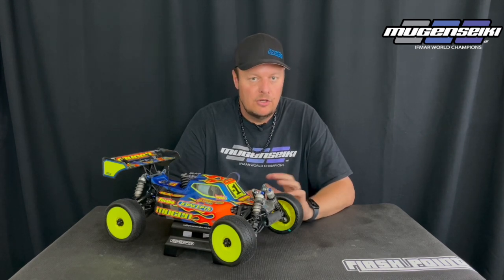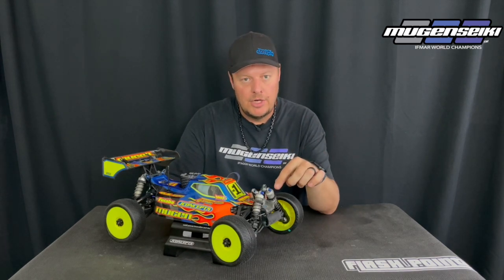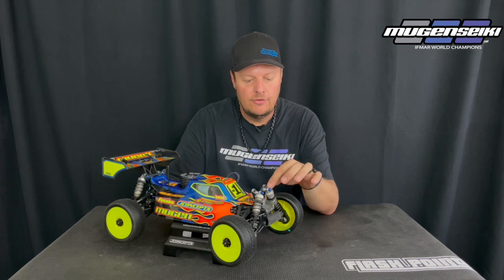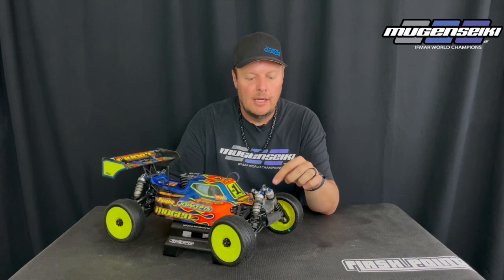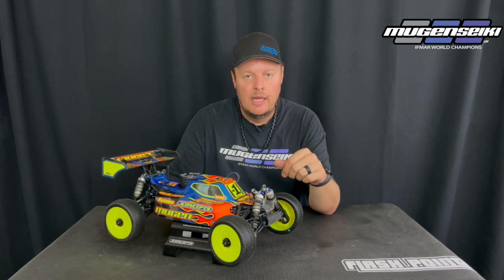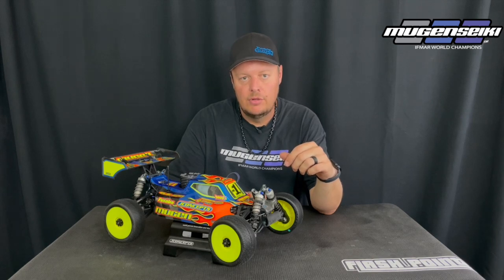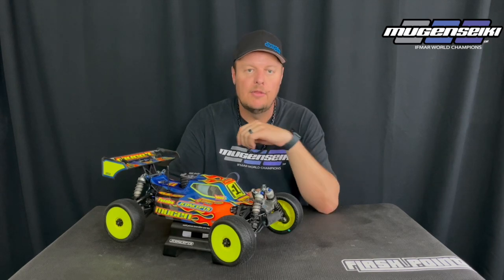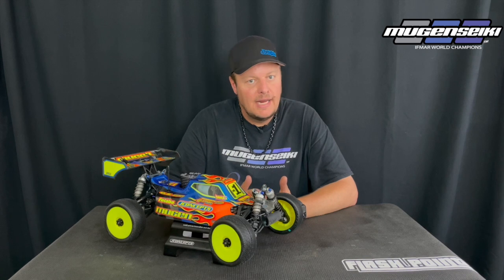You simply can just pull the shock off the car, pump the shock a few times, and let it sit. I like to pull the bleeder screw out, let it sit, and any of the air or extra pressure will come out. Then I'll simply re-bleed them by compressing the shock shaft and then tightening down the bleeder screw. Then again, for your final, which is going to be later at night, back down to cooler temperature,